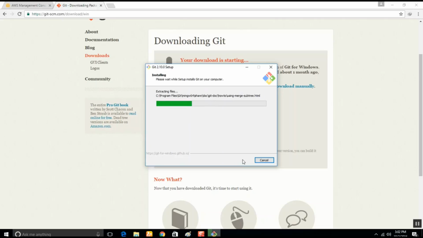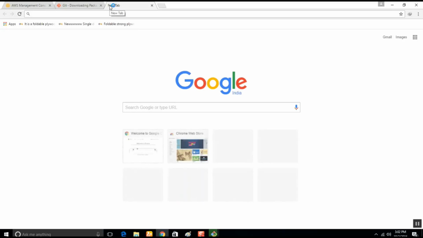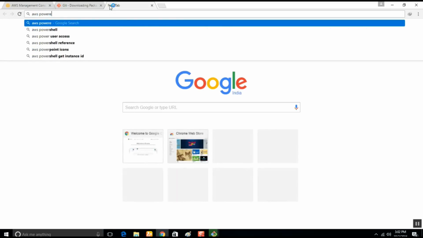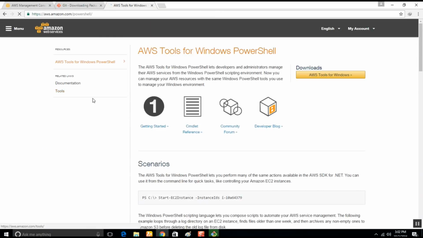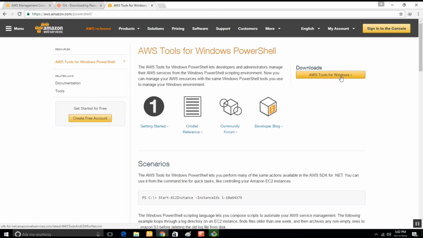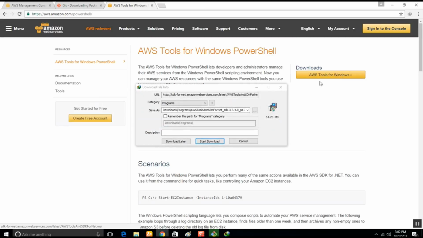In the meanwhile, we need PowerShell in Windows, which aids in doing code commit, code pipeline or code deploy. PowerShell is provided by AWS: go to aws.amazon.com/powershell, click on AWS Tools for Windows and get it.